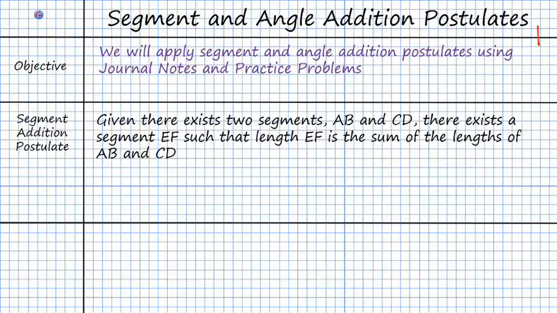So, given that there exist two segments, AB and CD, there exists a segment, EF, such that the length of EF is the sum of the lengths of AB and CD. So at first this might seem a little bit complicated, but really this is a simple statement, right? I say that given that I have two lines, or rather line segments,